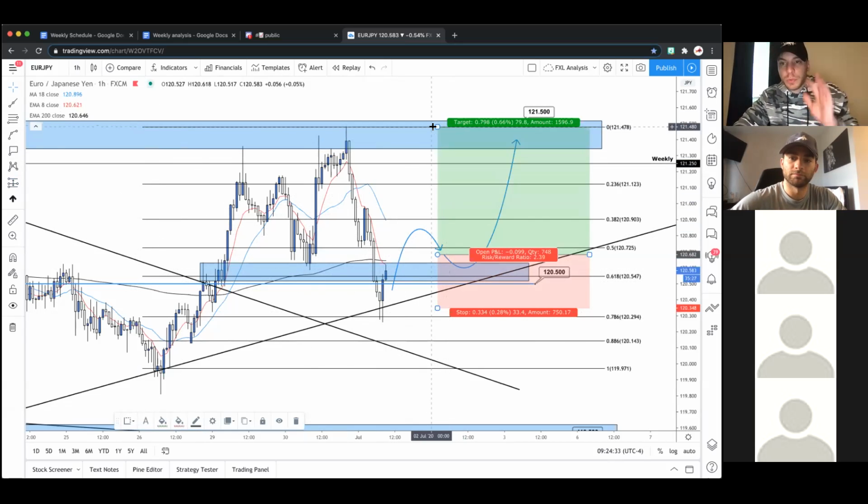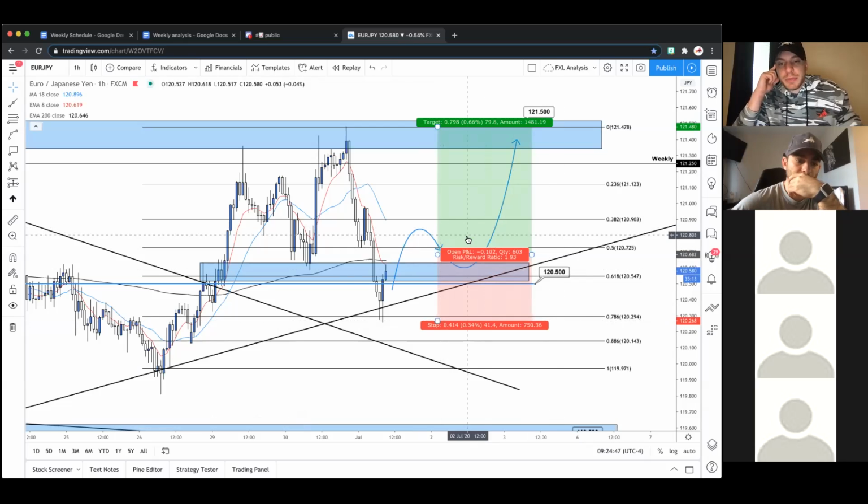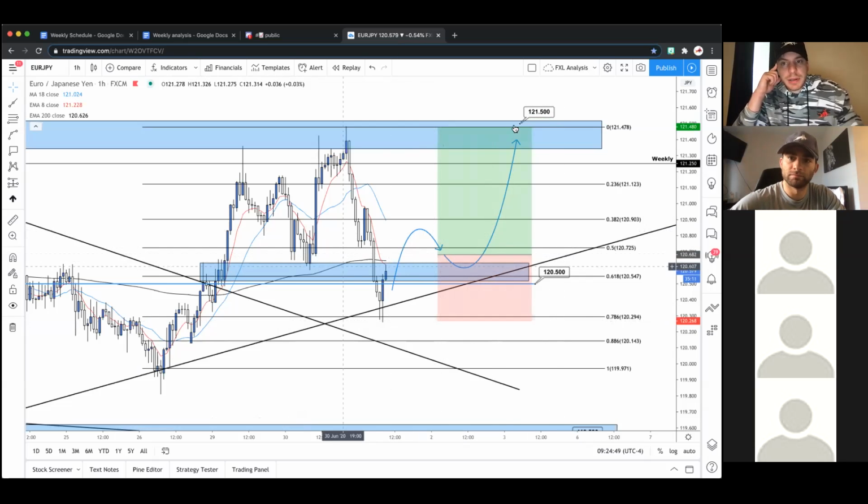And we're going to target 121.5, 80 pips, and then you could risk 40, which again is outside this higher low, which would be a really great area. Good risk reward, at least 2.0. And yeah, this could be a really great trade. So we're going to see how it plays out, guys.